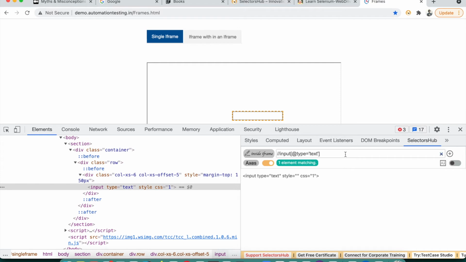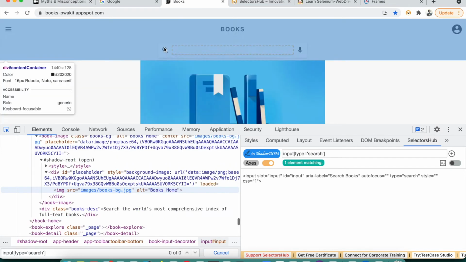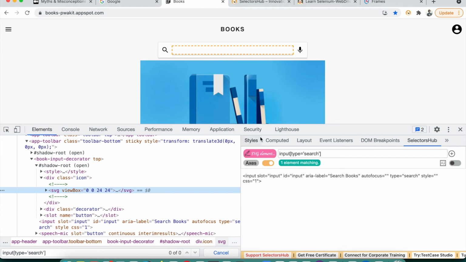But SelectorsHub is not like that. Here you can build your own XPath. You can get the right information, whether the element is inside an iframe, Shadow DOM, SVG, everything. You will get all that information from here. So this really helps you a lot to build your own XPath,